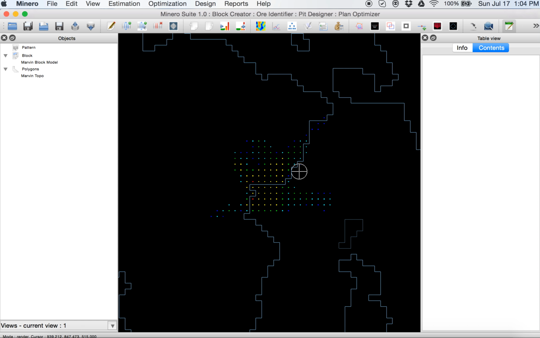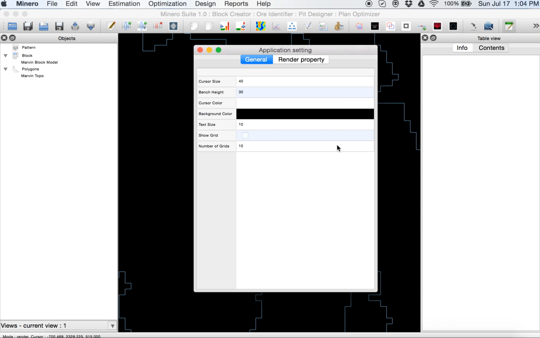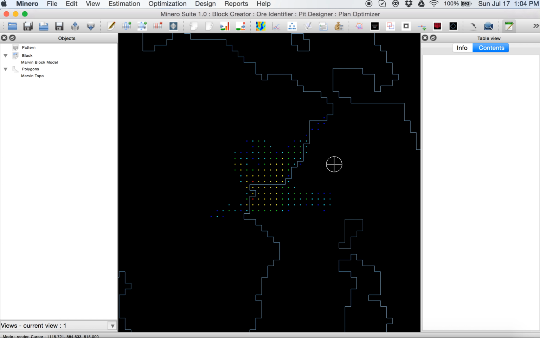I can set up bench height and cursor radius in view settings. I will run optimal pit to see the optimal pit shells now.